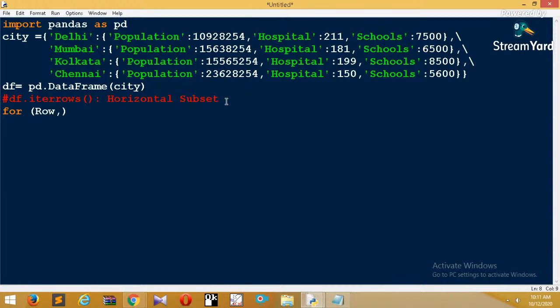Row, row series, those two variables I'm taking in df1.iterrows. That means practically all rows we are fetching. And after fetching the rows, if we print it in a proper decorative way, it will go like this. Through rows, we are actually fetching the row indexes, or row index simply, and